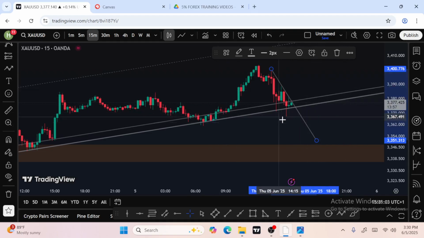Gravestone. If this 15 minutes candle, this gravestone, should now go up and act as a breakout from this counter trend line, you will now have a candlestick pattern called the morning star on 15 minutes. I will enter a buy. And 30 more minutes to go for this. I will enter a buy.